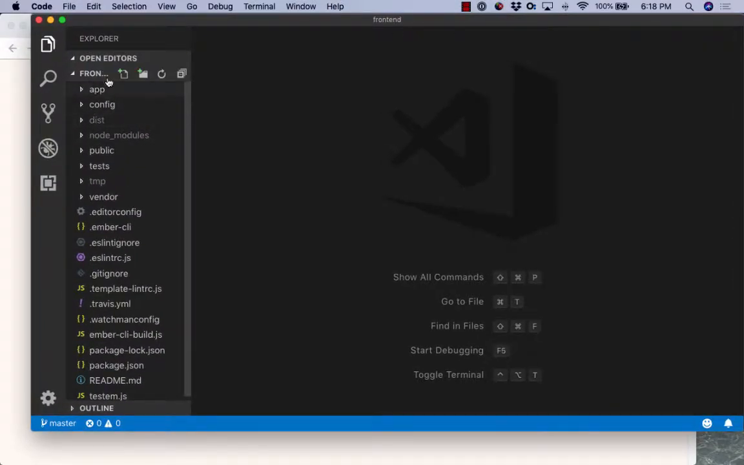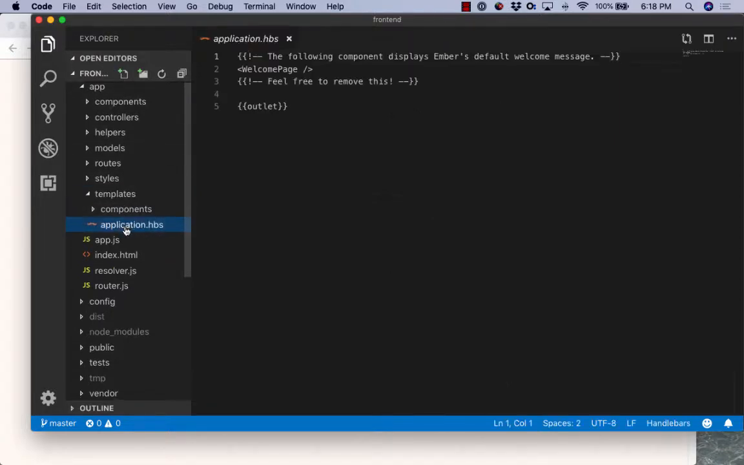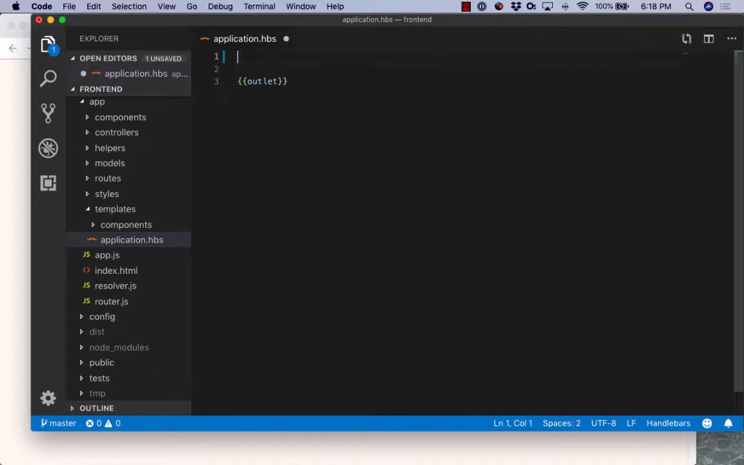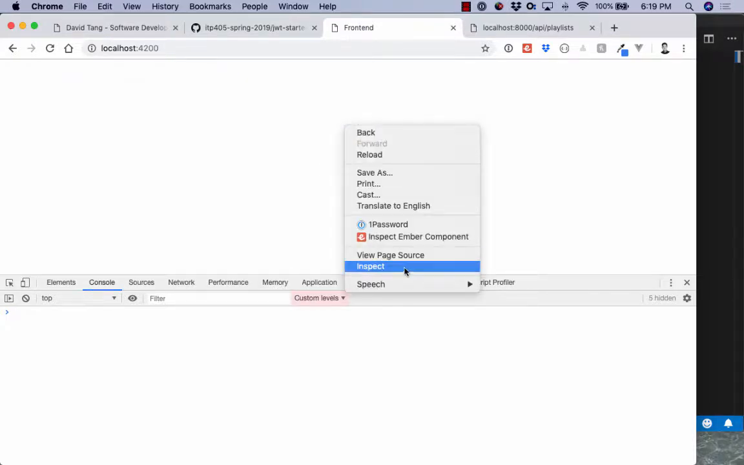Okay, so if we go inside the Ember project, this is going to be kind of a slight rush through Ember. I teach it in ITV 404 in the fall, so if you want to learn more about it, we'll go into it in that class. But if you go inside the app templates folder and then application, you're going to see this welcome page tag. If you just delete this, it will give you the blank white page, and it'll just auto reload behind the scenes. And then go ahead and open up the Chrome console. If you right click and say inspect,